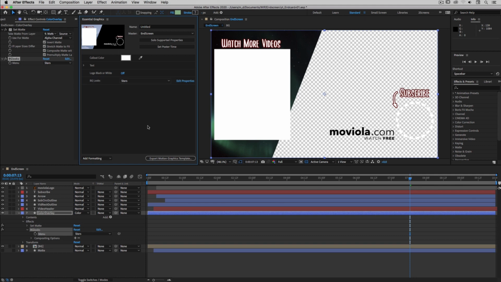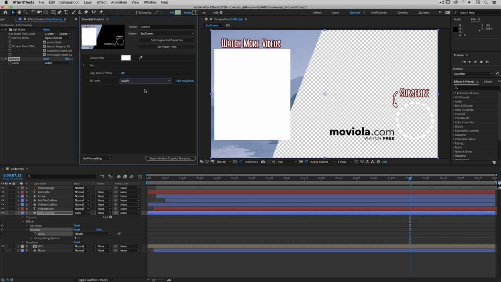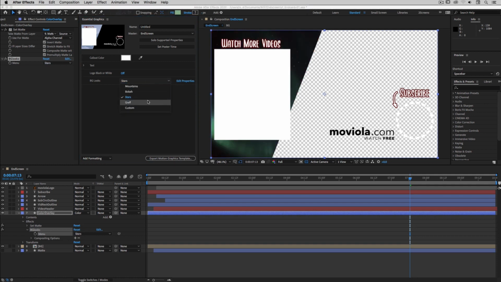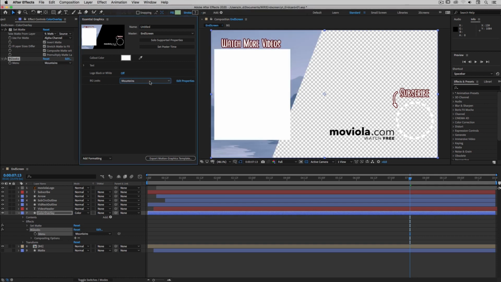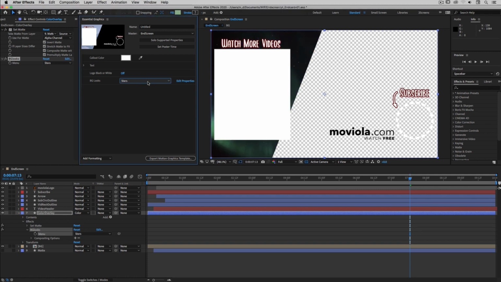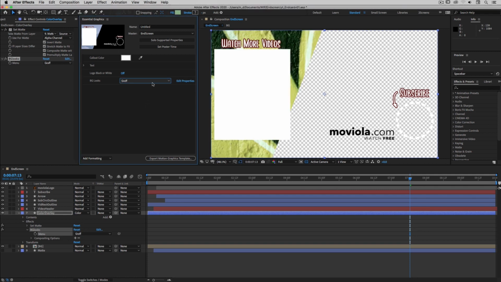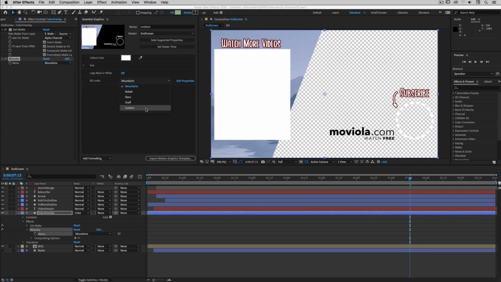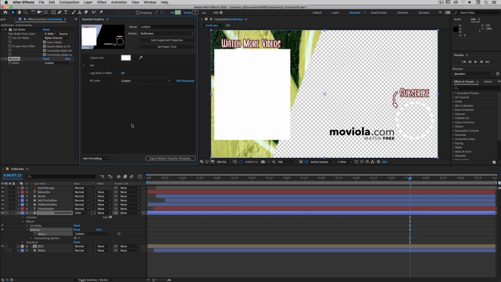And especially if you're making a template for an editor or for somebody that you don't know, maybe you're creating templates to sell, this is a good way to limit the different types of looks, or give them different options, and collapse all those options within just a drop down menu. I added a custom thing here just so that if they're not happy with these looks, we can